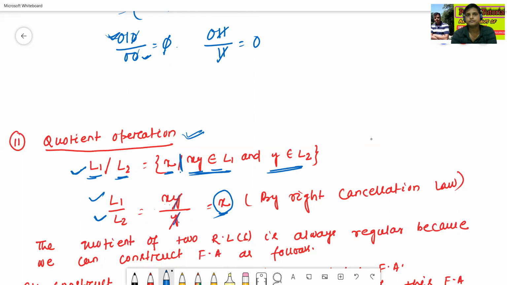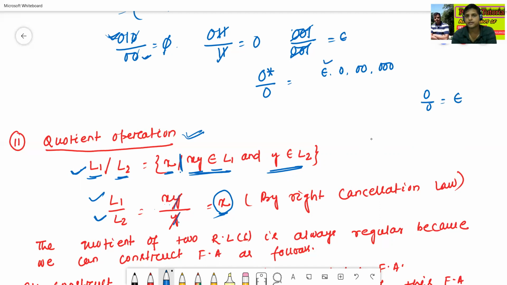One more question. See here, 0 0 1 0 0 1 divided by the same string. Yes, we can cancel all, so this one is epsilon. One more question, 0 star divided by 0. This is nothing but we can cancel like, suppose here we can get epsilon, 0, 0, 0, 0. See here, we can also get 0 by 0, it is nothing but epsilon.